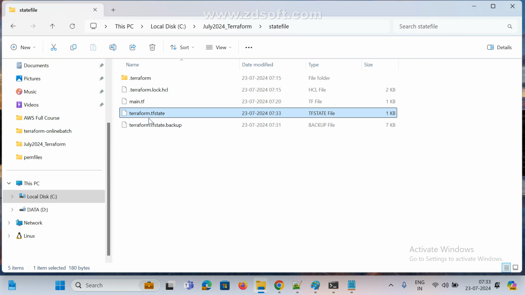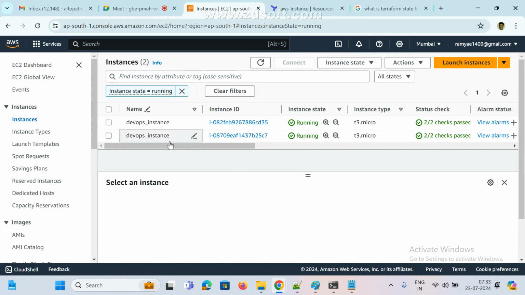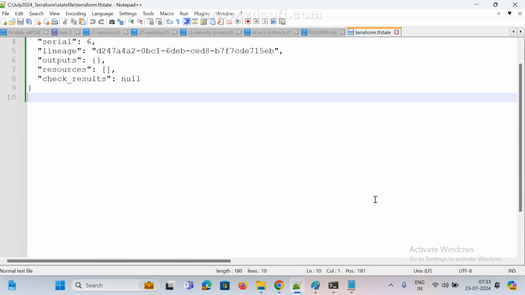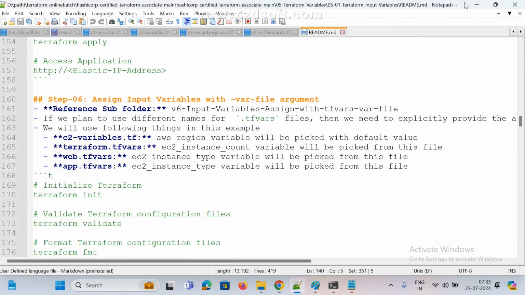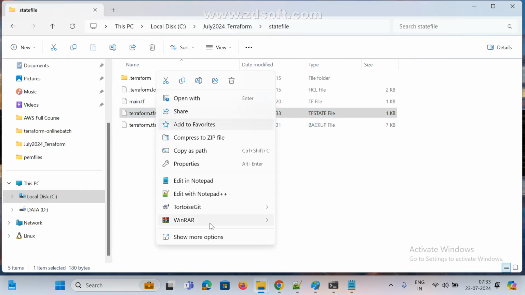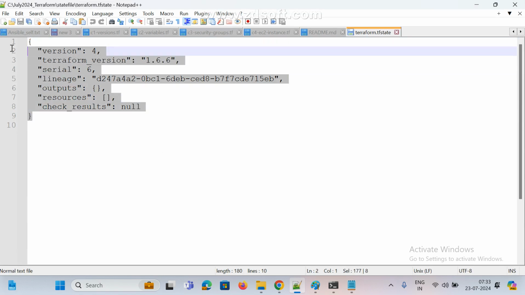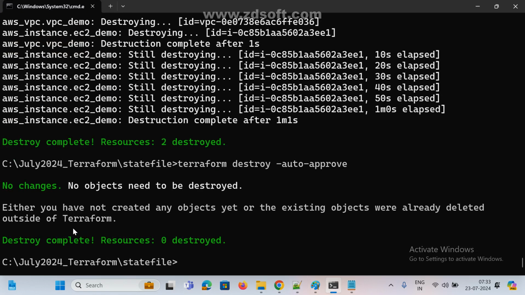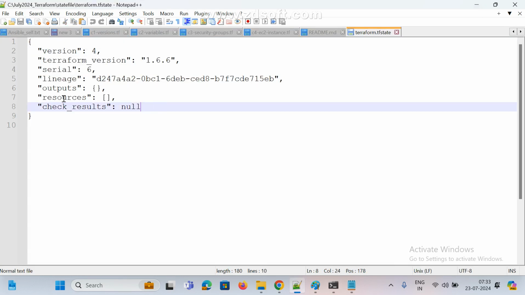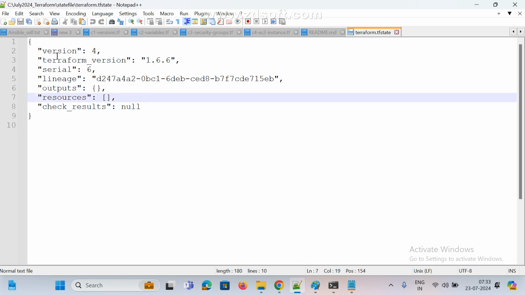Now I am going to delete the Terraform state file. First, before that, I am going to change the name. Okay, where is my script? This is my script. The Terraform state file, I remove this one. Now see here, now no match found, right? Now if you see here, this is also updated. No match found. Here I am using Terraform destroy, right? No objects need to be destroyed. Now see here, the state file is also updated.